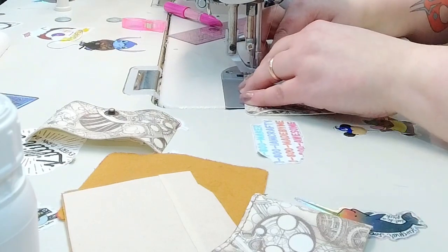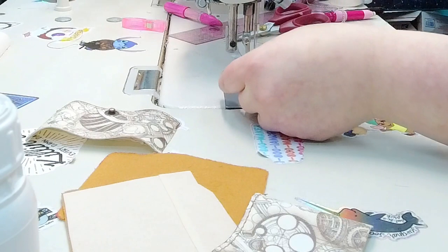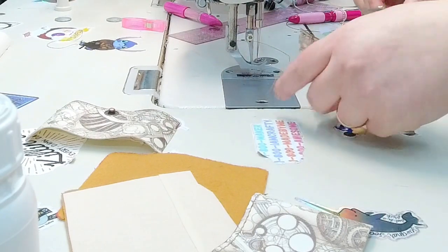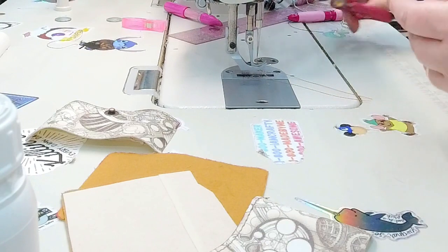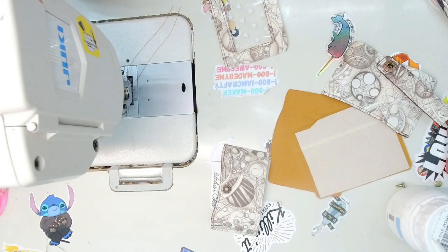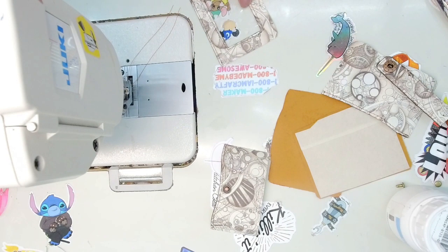Okay, and then we're going to back stitch this off. Okay, get all those tails, and we have that all squared away. And I'm just trying to trim my threads while I go so that way I don't have as much mess. So what we're going to do now